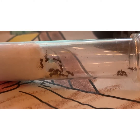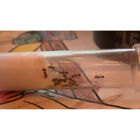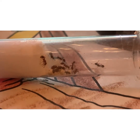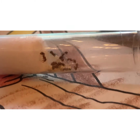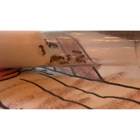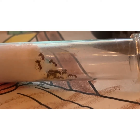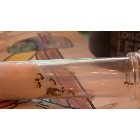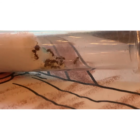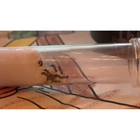But they're not as big as my Formica ants that I already showed, but they are certainly not tiny like my Leptothorax ants. And I think that's what makes them pretty successful when it comes to getting prey and stuff. Also, their stingers. But yeah, sizing doesn't mean anything, because these guys could take down a grasshopper, which has powerful